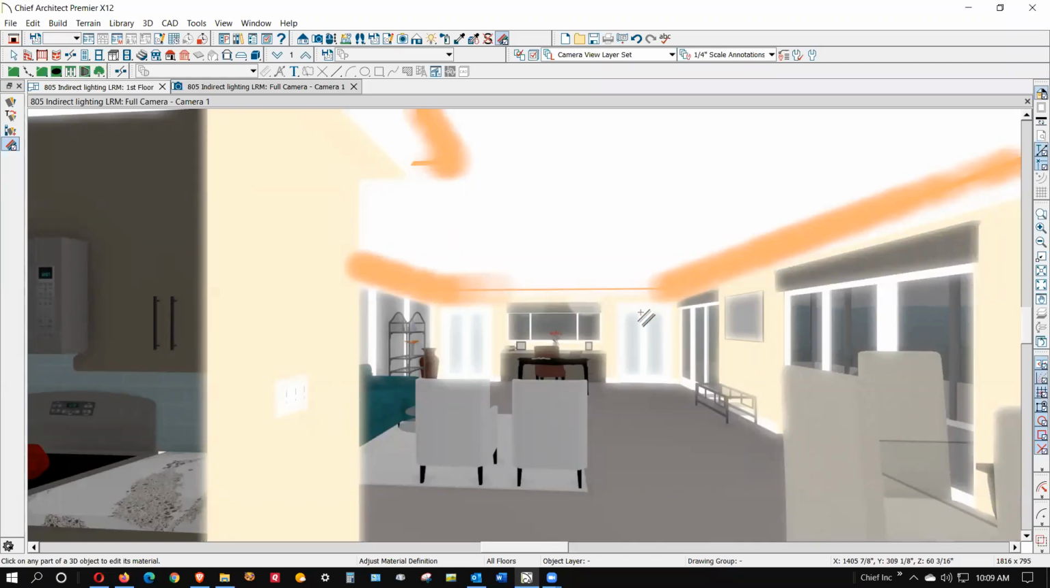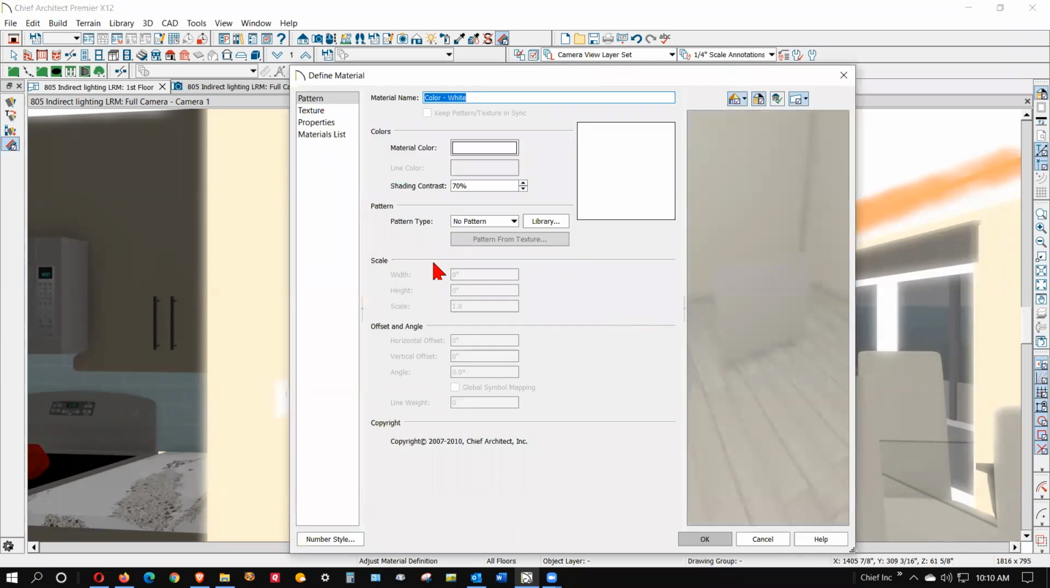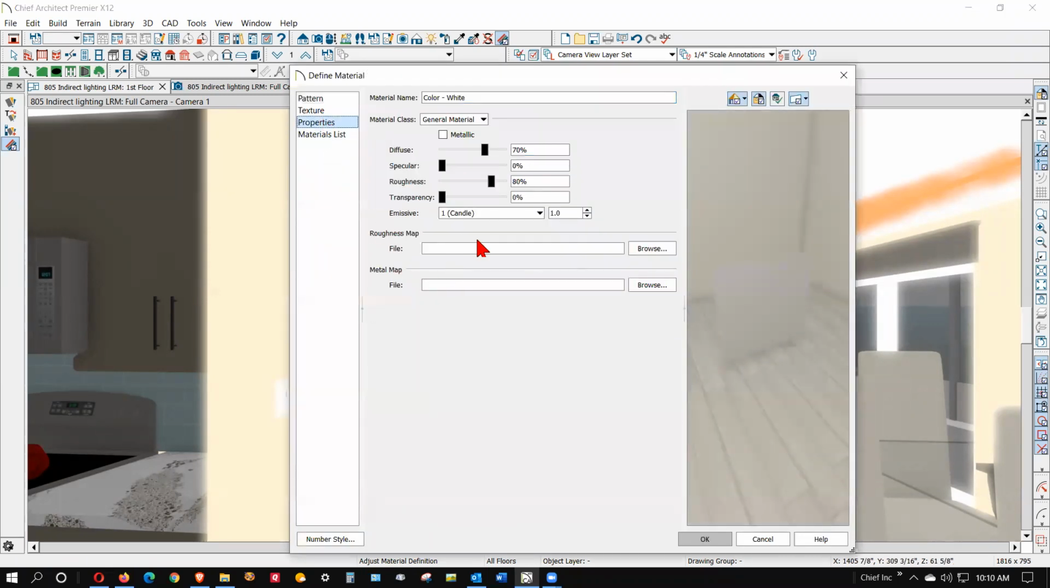Okay, I've got your plan open in X12. I thought I'd do this in X12 since I might want to save the plan. Now, I've gone to this tool here, to adjust material definition. I'm going to click on the ceiling, go to properties, and